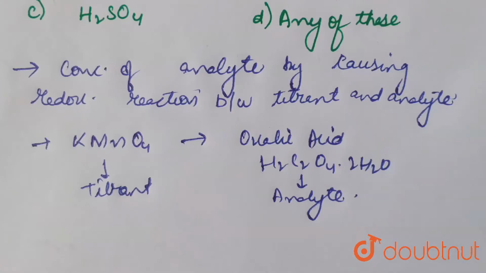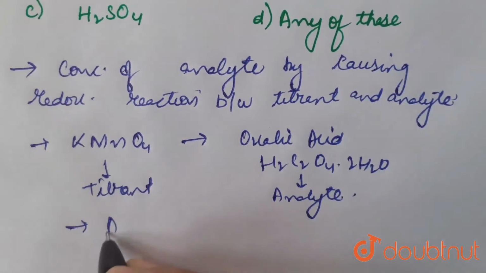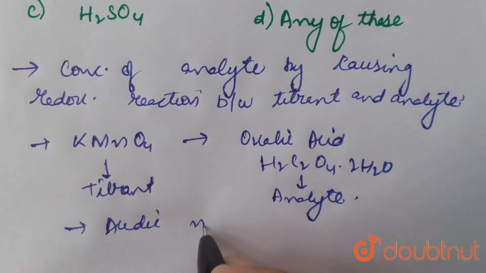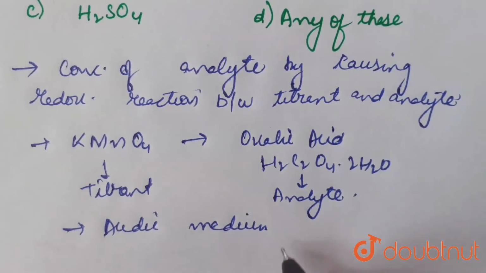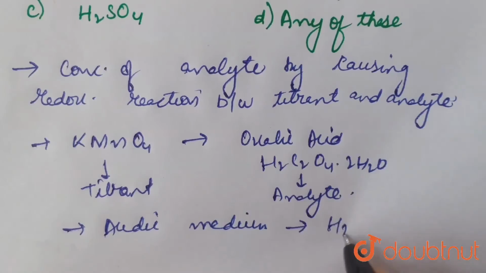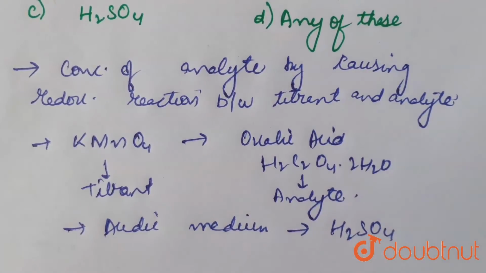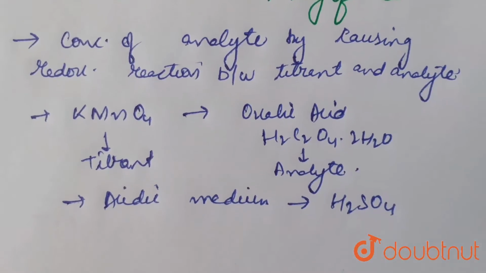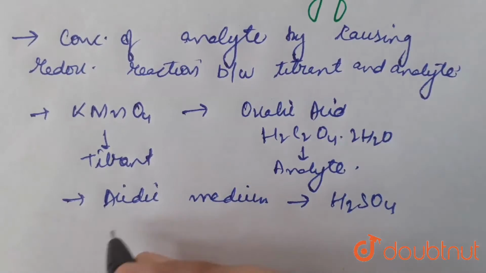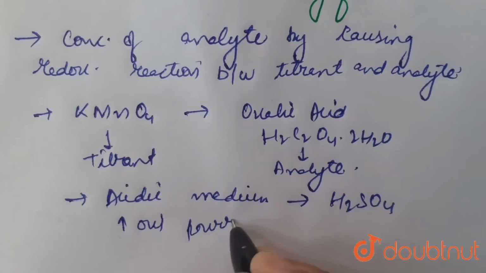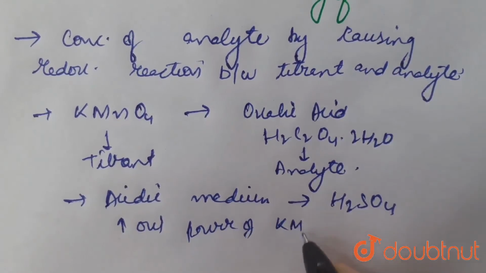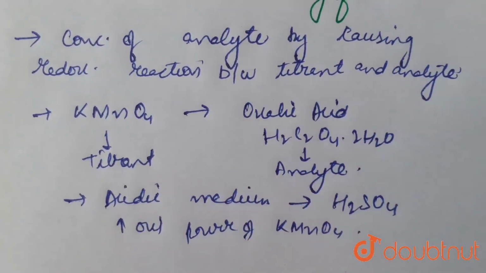This titration takes place in an acidic medium. And this acidic medium is created by sulfuric acid, that is H2SO4. H2SO4, by creating acidic medium, increases the oxidation power of KMnO4. It increases